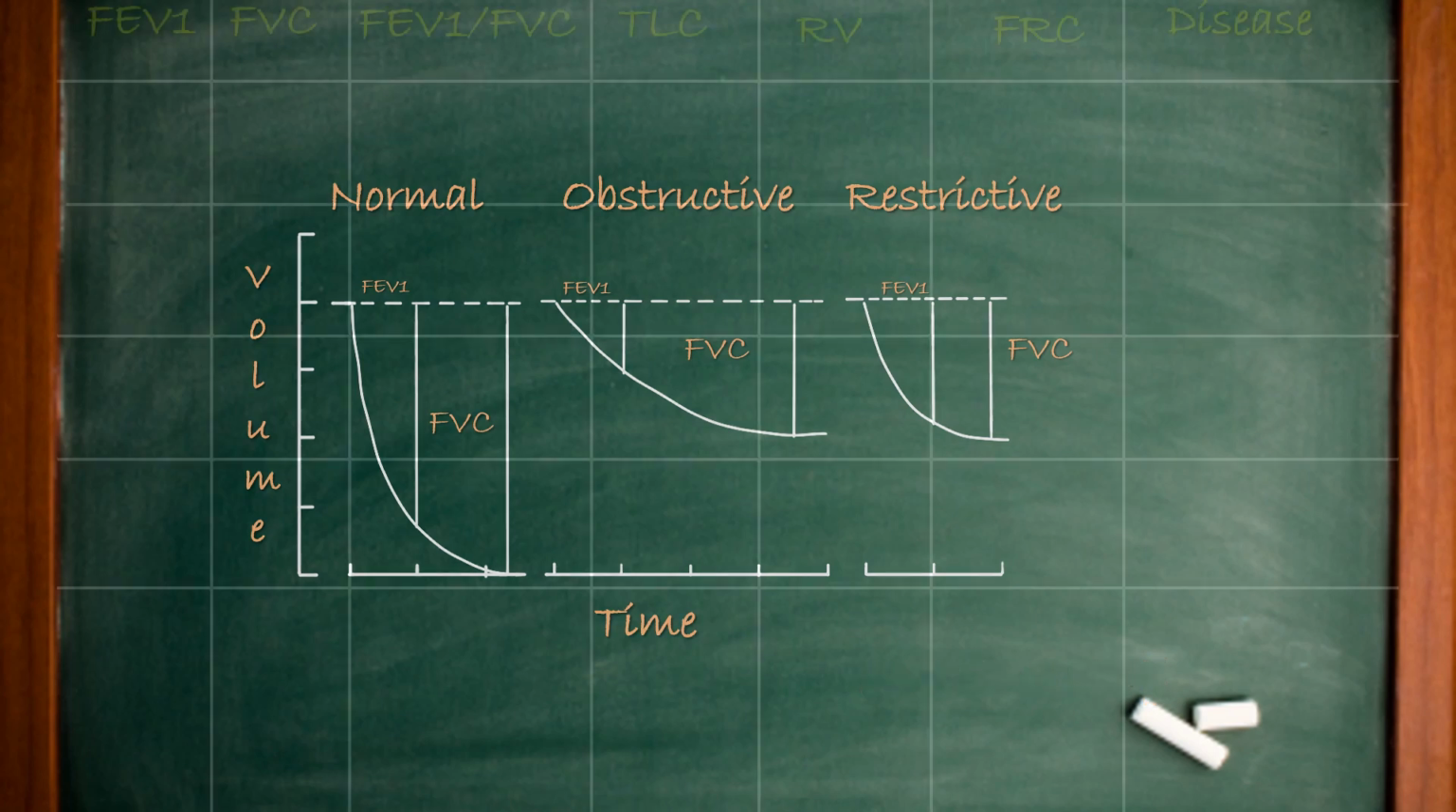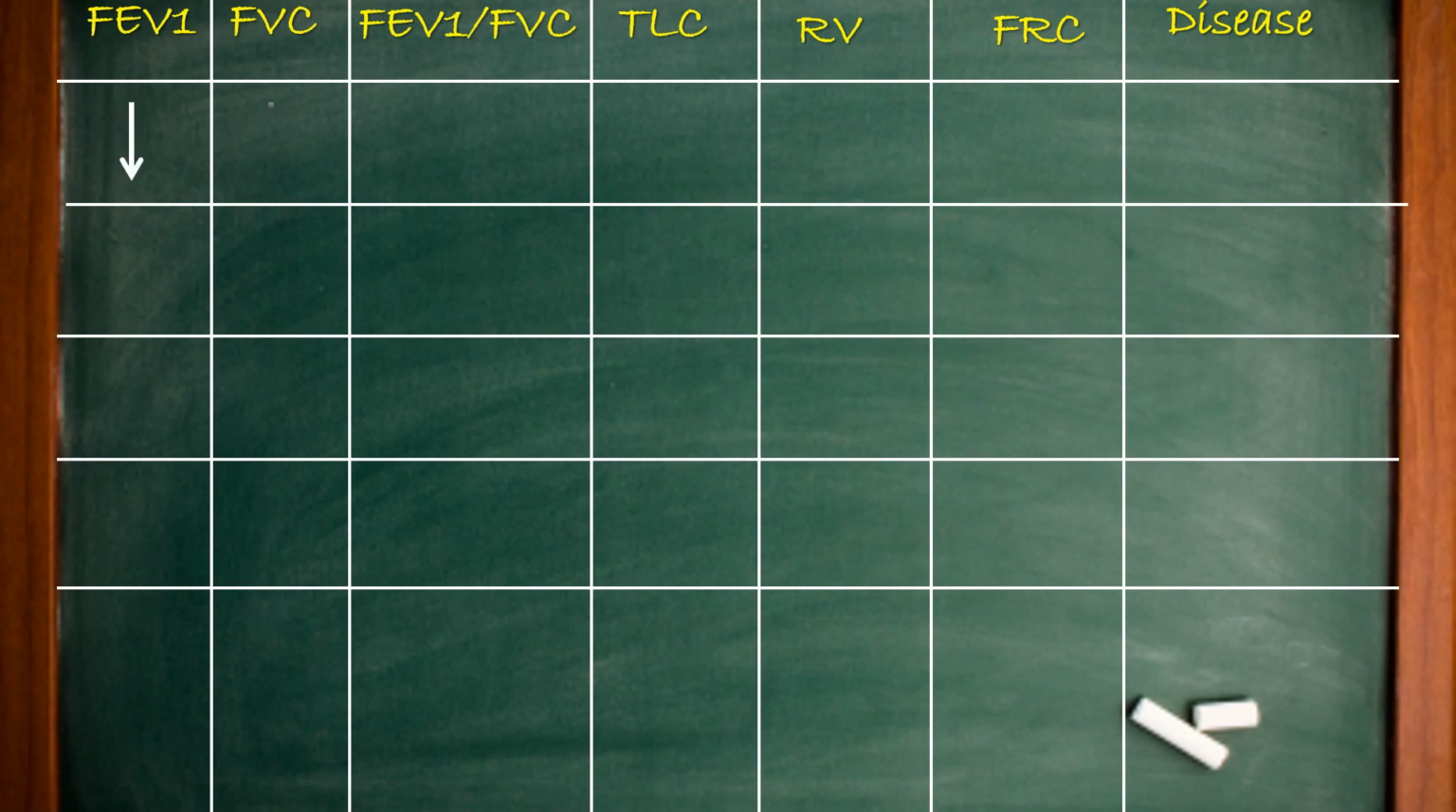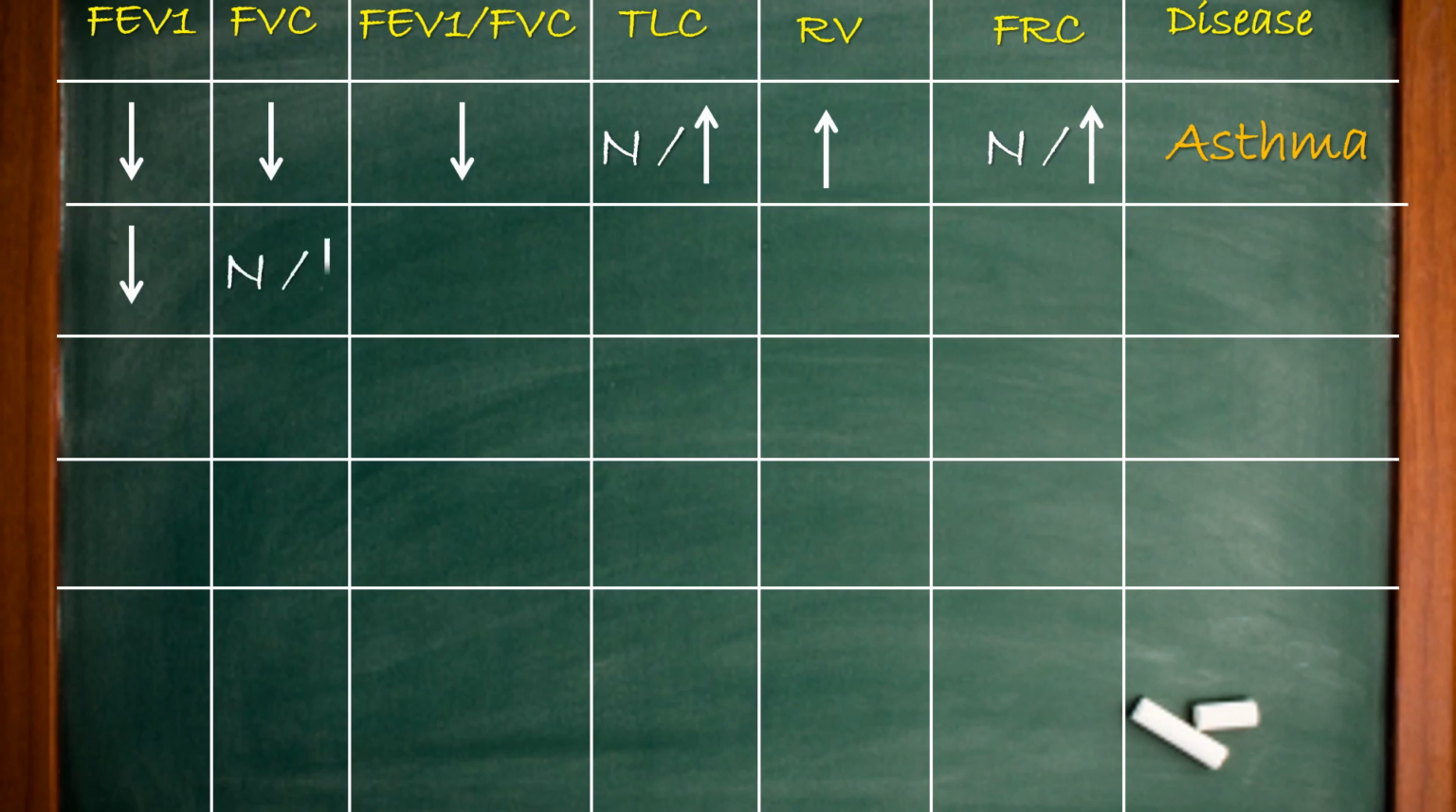If we have a reduced FEV1, a reduced FVC, a low FEV1 by FVC ratio, but a normal or a high TLC, a high residual volume, a normal or a high FRC with more than 12% reversal of FEV1 by bronchodilators, it suggests that the patient most likely has asthma. A reduced FEV1, a normal or reduced FVC, a reduced FEV1 by FVC ratio, a normal or an increased TLC,